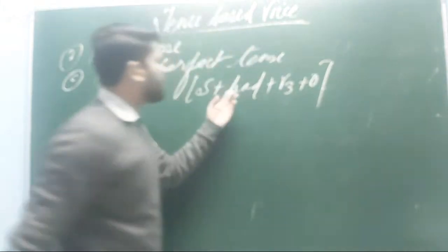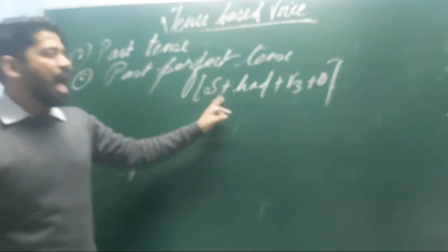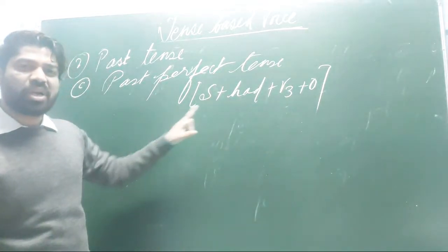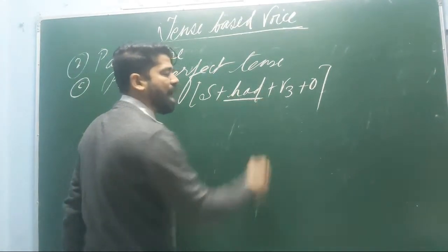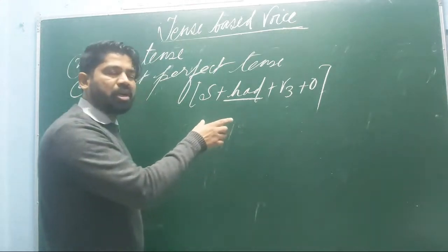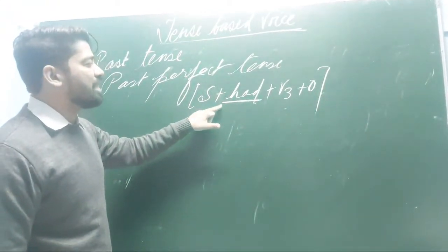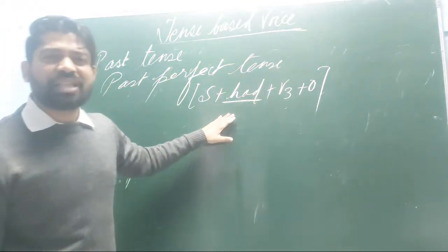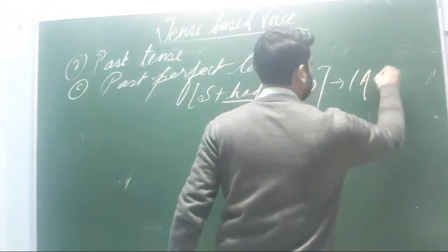So had is the second and third form of the verb. What will be the first form of had? It is have. Have, had, having, had. So starting from V1 and going to V5, those are the forms of the verb. So in the past perfect tense, there will be the use of had. If you are capable of recognizing and remembering this structure without any hurdle, you will be capable of knowing that a sentence is framed on the basis of this structure. I think the structure is quite essential to be memorized. So this is the structure for the active voice.